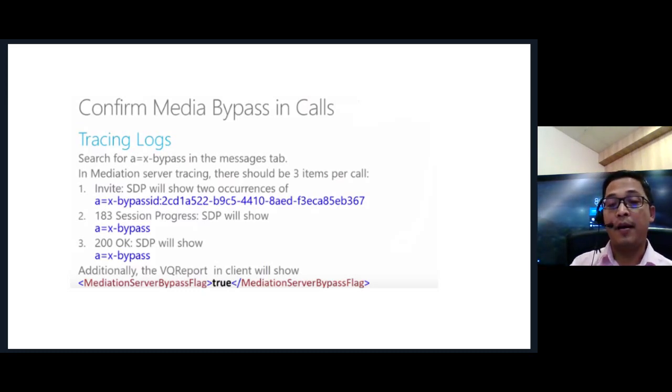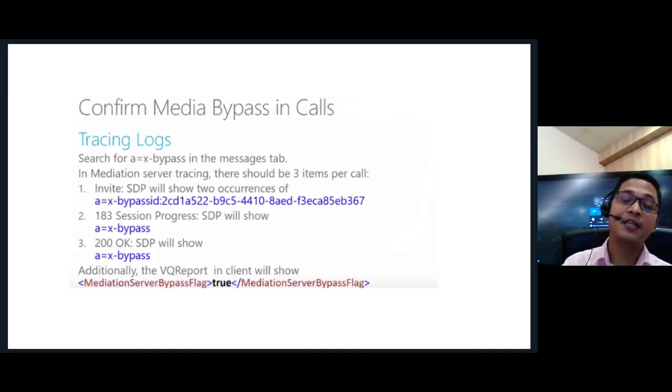Because before Skype for Business media bypass is enabled, the mediation server will go and talk to the voice gateway, to check whether this voice gateway supports media bypass functionality or not. If the corresponding voice gateway doesn't support media bypass, even though you enable media bypass in your cloud, the online mediation server will always show false, because you also have to have end-to-end media bypass